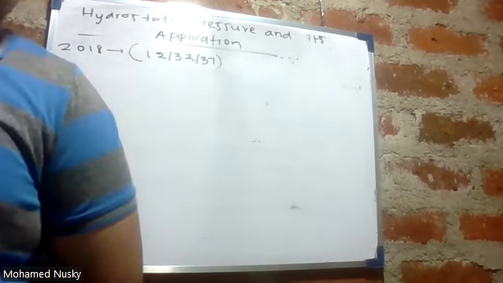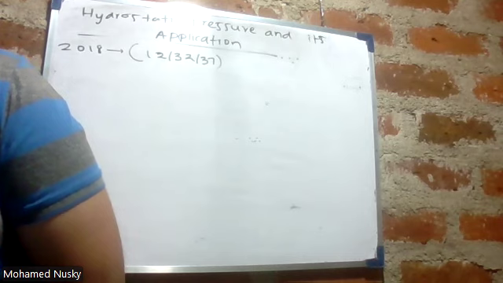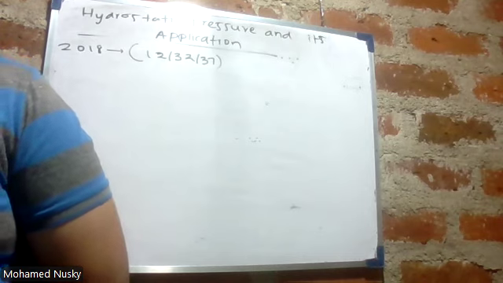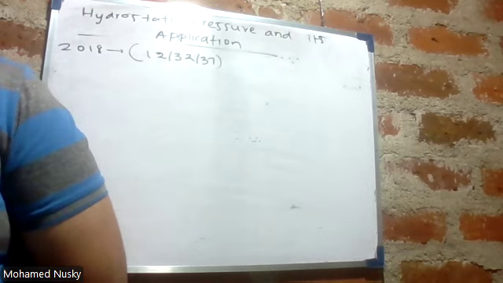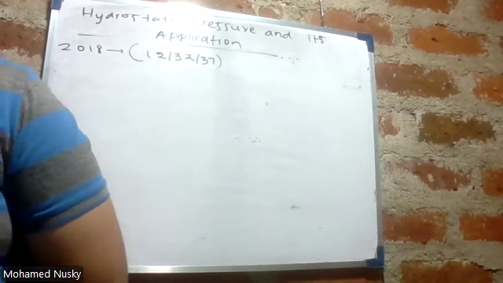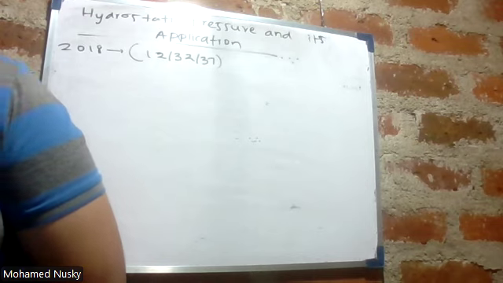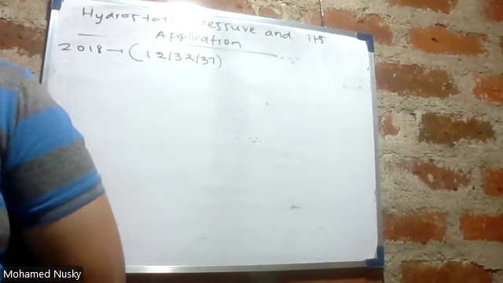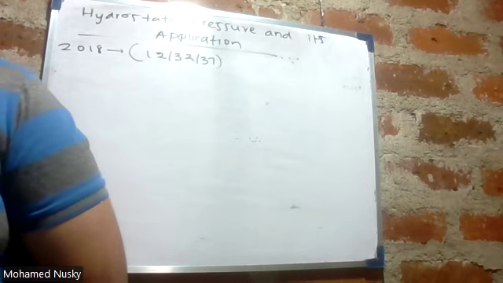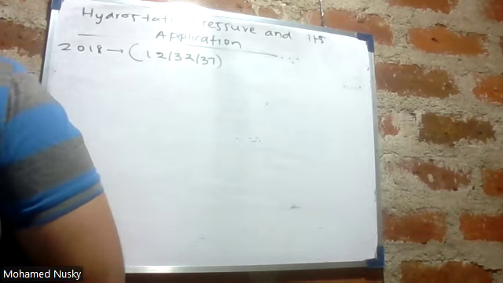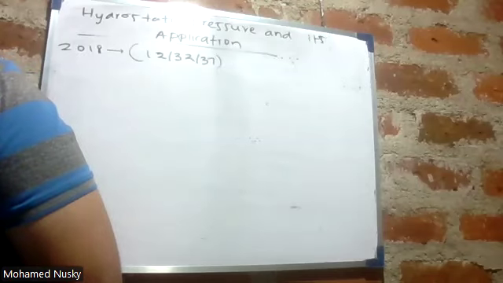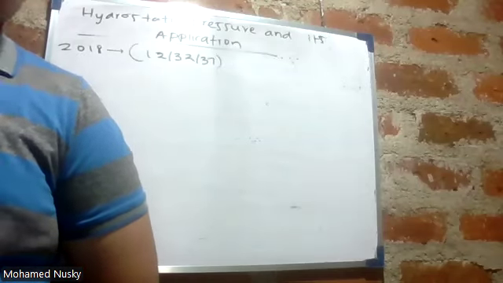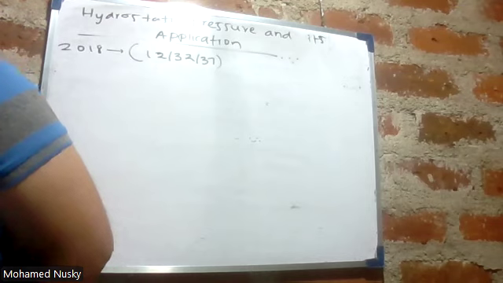Okay, 12th question. When a block of wood A is placed in a liquid, it floats with a part immersed. Which of the following is the true statement in relation to this? The upthrust exerted by the liquid on A is equal to total weight of A. The second statement, the weight of the liquid displaced by A is equal to the weight of the part of